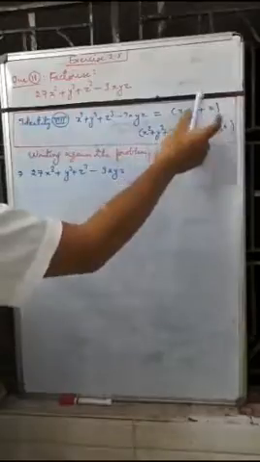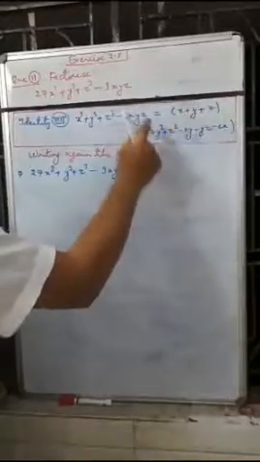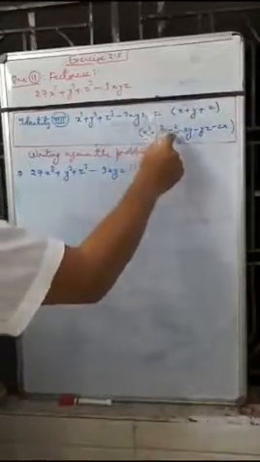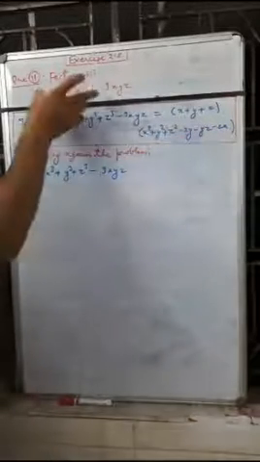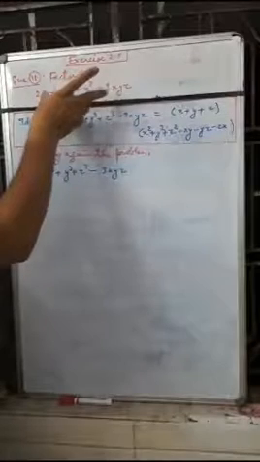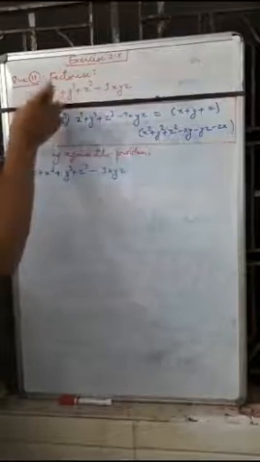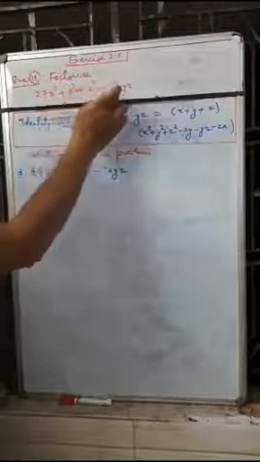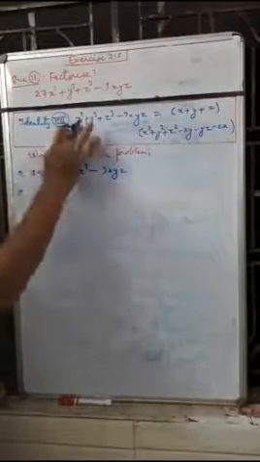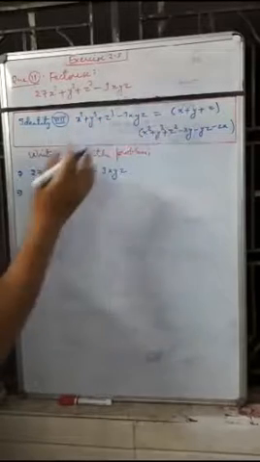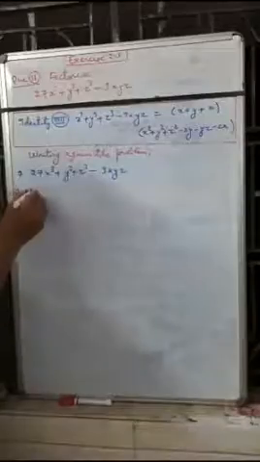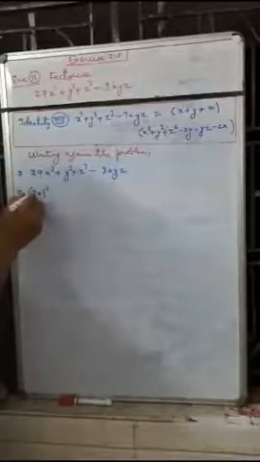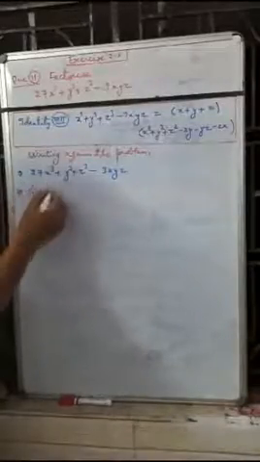product of two factors, x plus y plus z into x square plus y square plus z square minus xy minus yz minus zx. So we will write the equation again here, 27x cube plus y cube plus z cube minus 9xyz. We will try to convert it into the form of x cube plus y cube plus z cube minus 3xyz. So we are having 27, so 3x to the whole cube we can write. 3 3 is 9, 3 is 27, and x cube is equal to x cube.